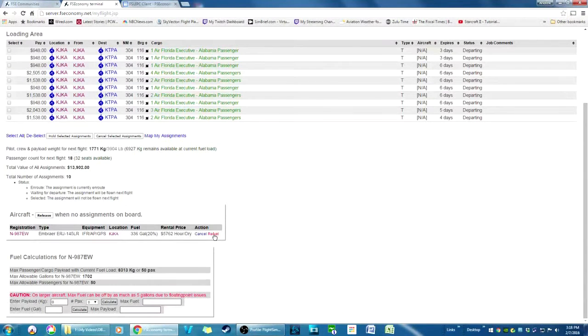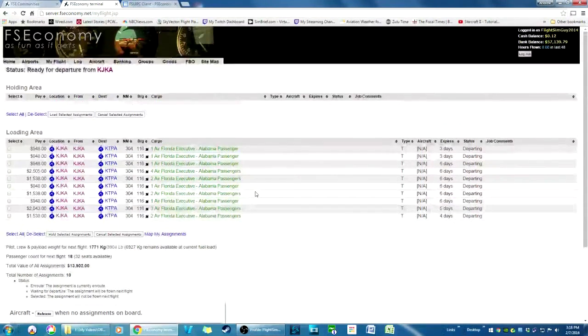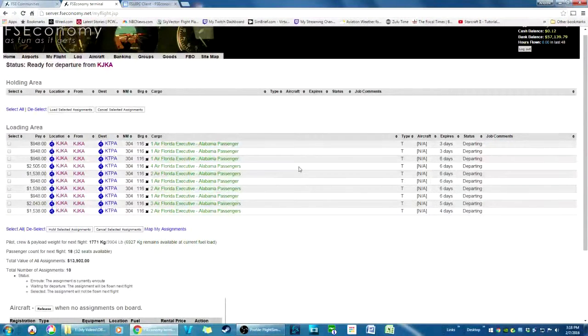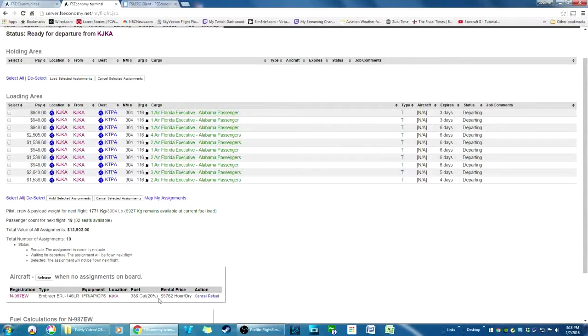At this point, I can refuel and buy more fuel, or I can cancel, which is what I'm going to do when I'm done with this clip, because I'm obviously not going to fly this now. But at this point, the FSEconomy world has you reserving that plane, and here's the total value of the assignment, $13,000, and it's going to cost you whatever it is to rent it. So at this point, what you do is